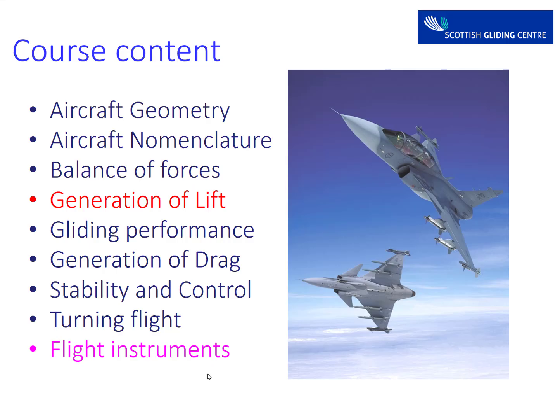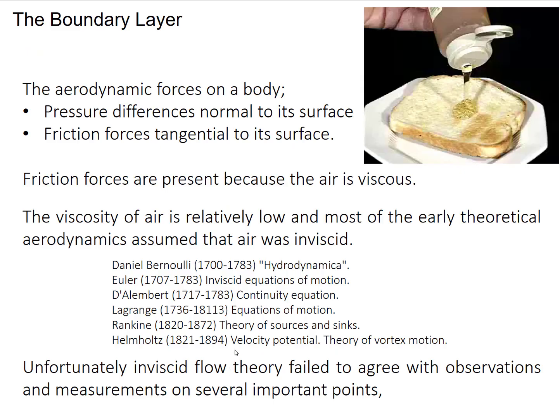of the wing. Now, why does the flow separate from the upper surface of the wing? Well, it's due to the presence of something called the boundary layer, and the boundary layer is a region of the flow next to the surface, only a few millimeters or centimeters thick, where the effects of the viscosity of